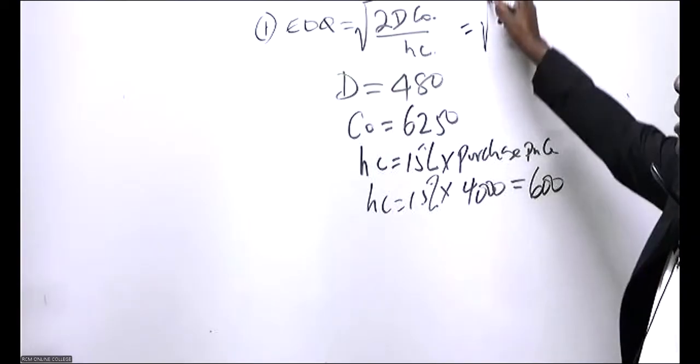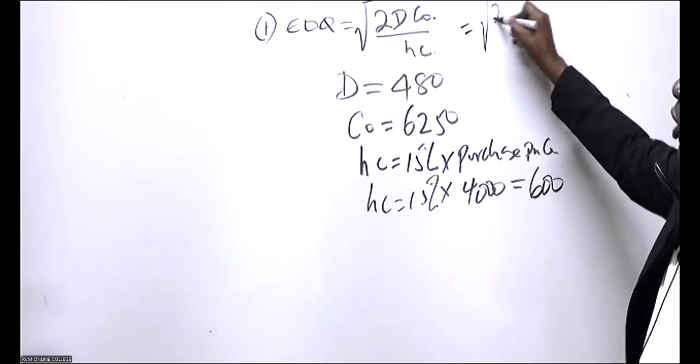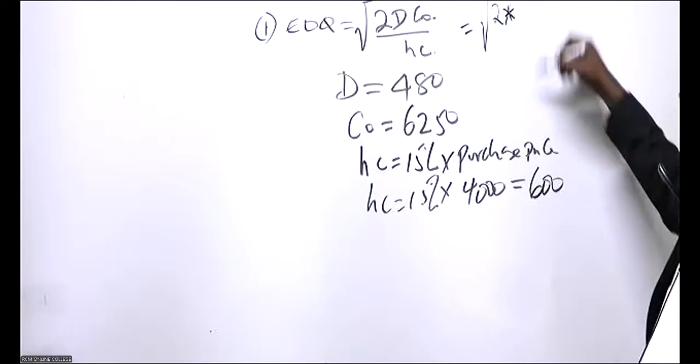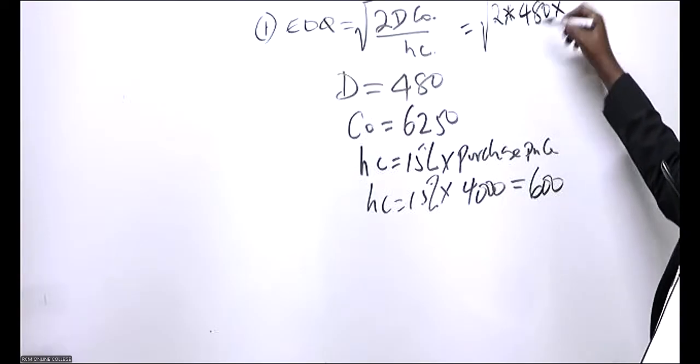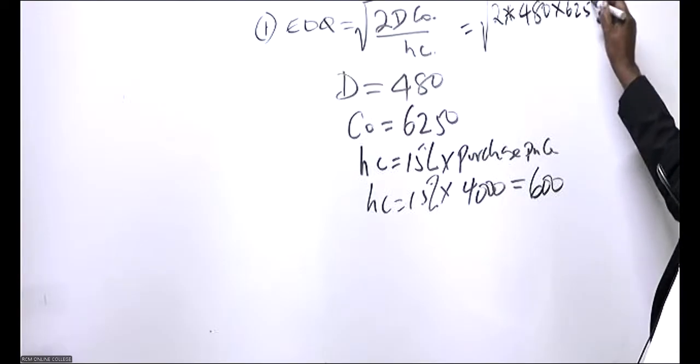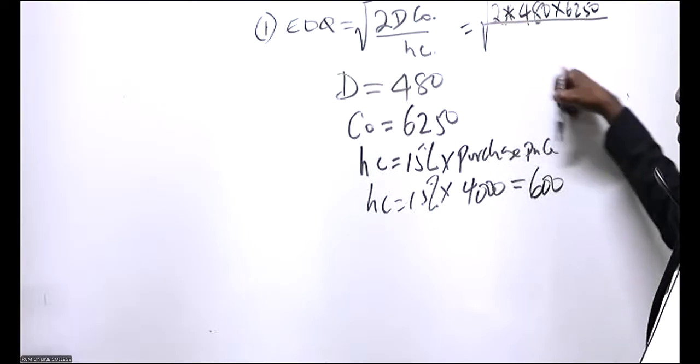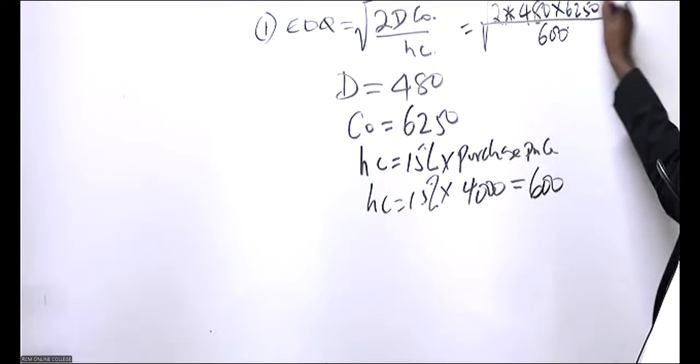So please come and give us this. It will be 2 times annual demand. Annual demand is 480 times cost per order, 62.50, all over holding cost of 600. So please go ahead and